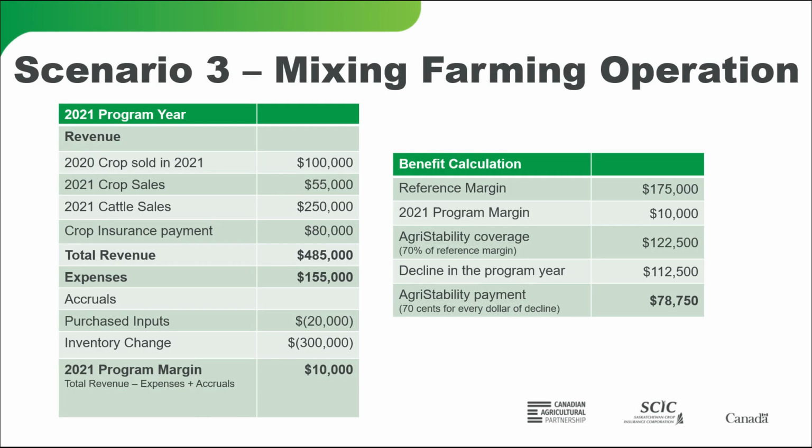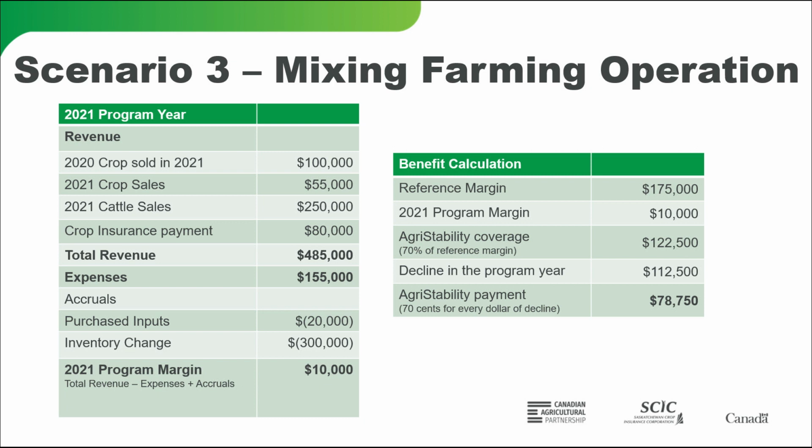So coming up with his calculation, again, on the left-hand side in that chart, the 2021 program year, he had a 2020 crop that he had carried over, ended up selling that in 2021 for $100,000, sold his 2021 crop of $55,000, as well as his 2021 cattle sales, the calves, the feeders, $250,000. And those cows that he had to decrease his herd size as well. And the crop insurance payment, $80,000 he received for that. So the total revenue comes in at